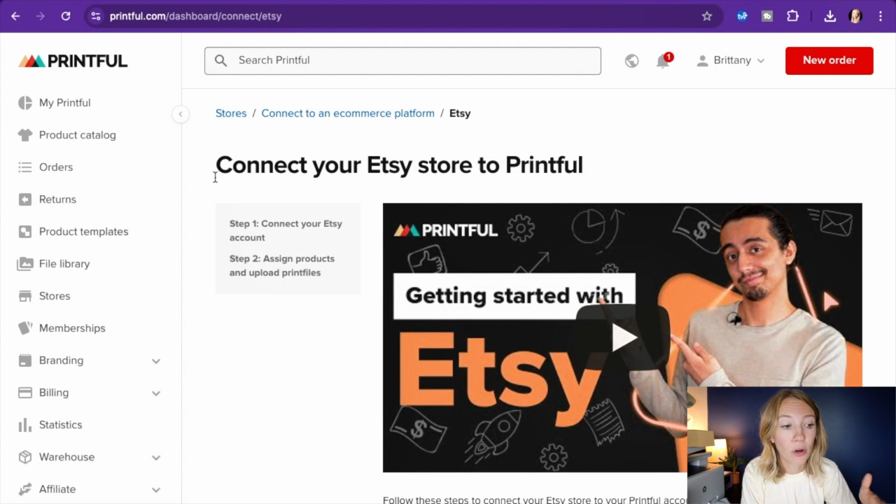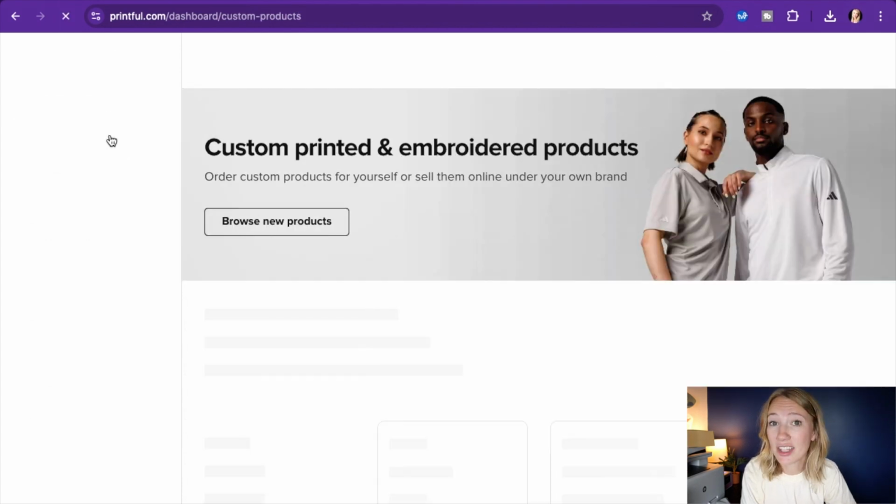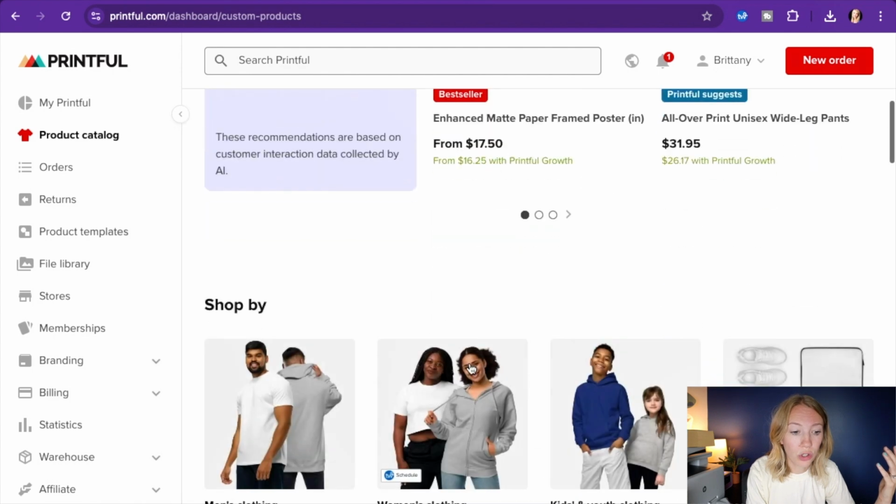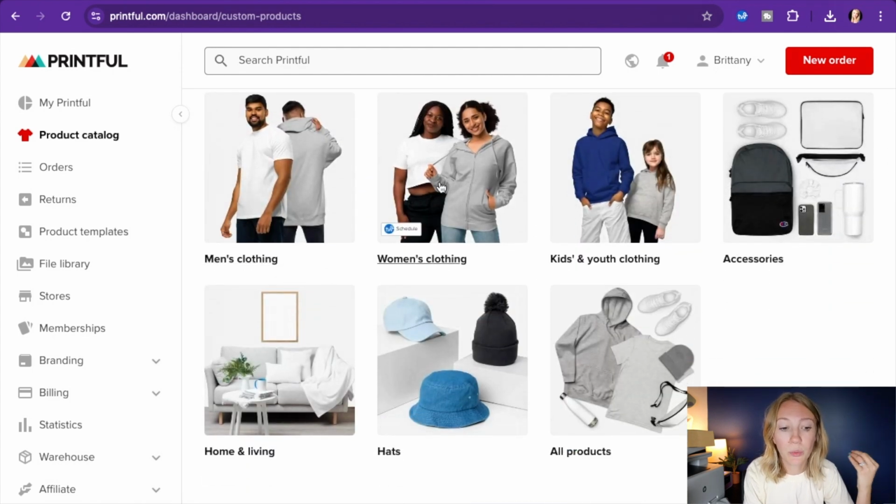After you integrate the platforms, you can then go over to product catalog and see the different kind of product options that you want to pick from. So if you scroll down, you can have men's clothing, women's clothing, kids' clothing, accessories, hats, home and living. Typically, I want to stick with the women's clothing, men's clothing, and home and living. And when I pick home and living, it's mostly going to be mugs, especially because mugs are such hot sellers